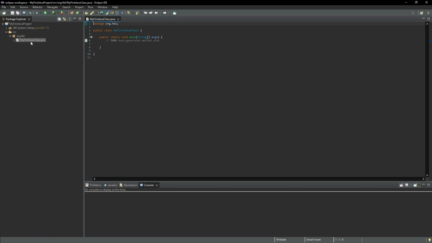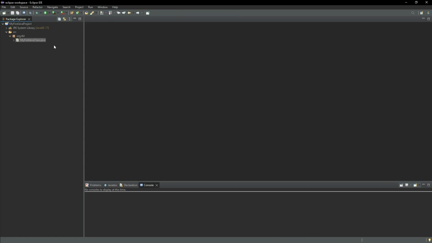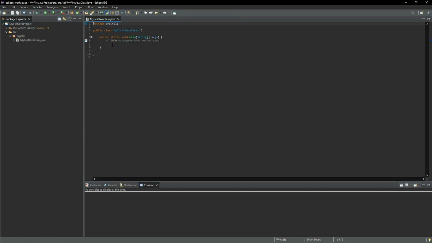Here also, if we open this class, this is the same class that you see over here. So if I close this and double click it, it is going to open this file. Here we see the package is org.tbl. This is the name of my class file. Then we have added a main method, and let's write a print statement within the main method. The way we do it in Java is just type sysout and then Ctrl Space. So this is the statement we use for printing something to the console. So let's say hello from Java